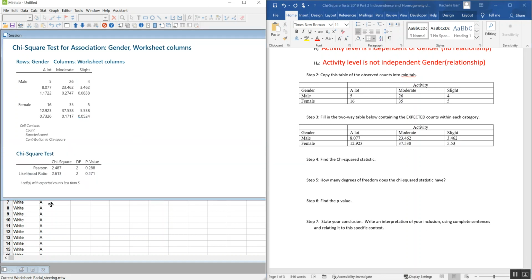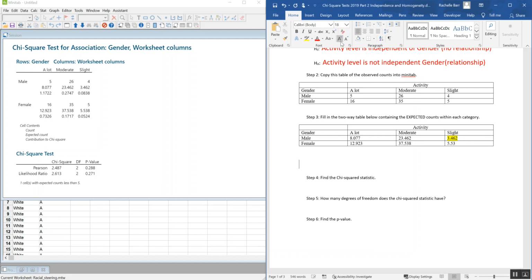Cool. So I'm going to make this session window a little bit bigger. Yep, and it does have the yell-at-me thing. So notice down here it gives you a little caution at the very bottom of your test. Hey, one of your cells has an expected count less than 5. It's because the slight male category is too small. Now looking at this, I've highlighted it because you need to be cautious here that you actually have failed to meet the requirements of the chi-square test because you have one expected count that's too small. There is one cell with a too small expected count to use the chi-square test